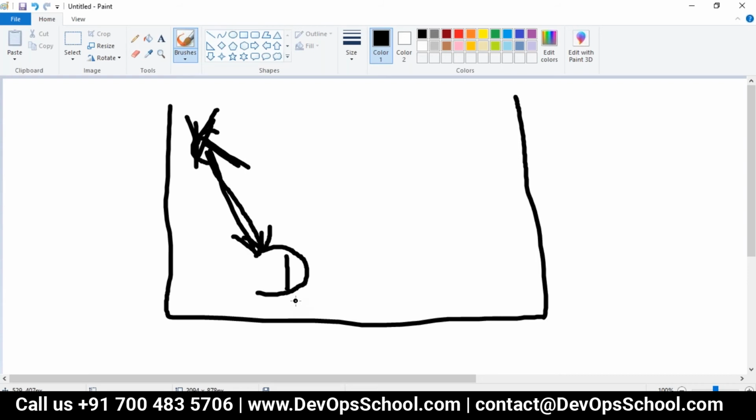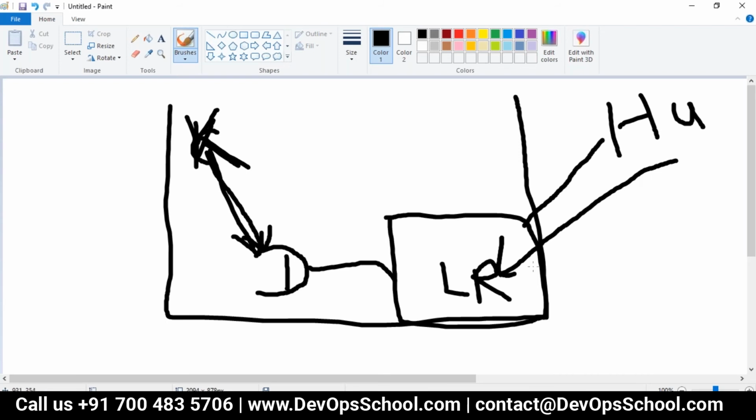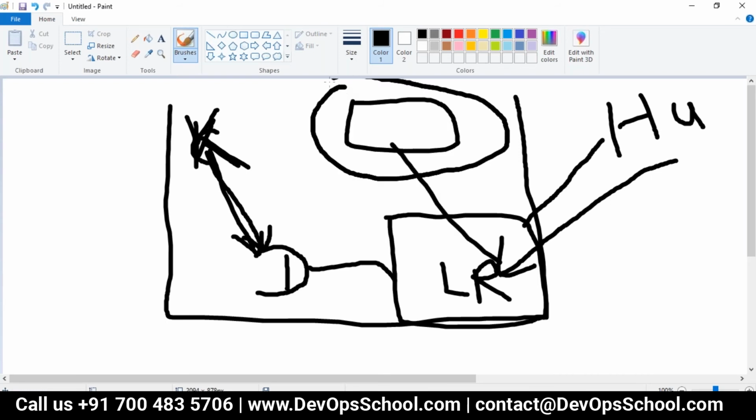The Docker daemon will check whether the image is there in the local repository or not. We call it the LR; it's /var/lib/docker, your local repository. If it's not there, it will try to download from the default registry, which is called the hub. Docker has an inbuilt repository, which is the hub. From there it will download the image locally, and then the container gets created, and on top of that the pod wrapper. This is how it works.